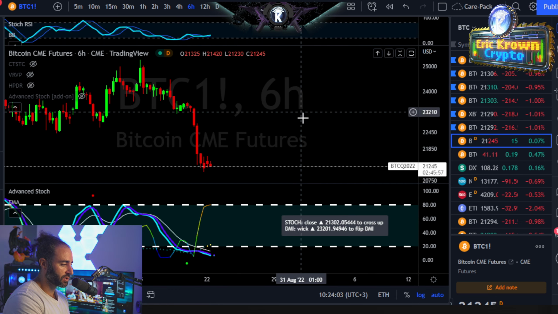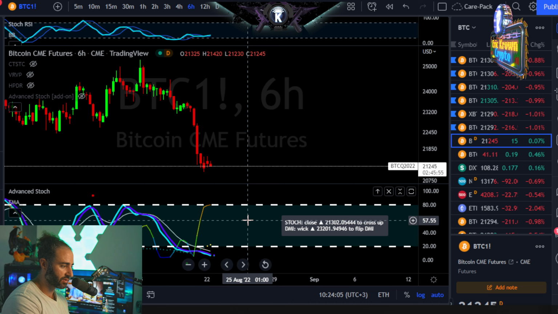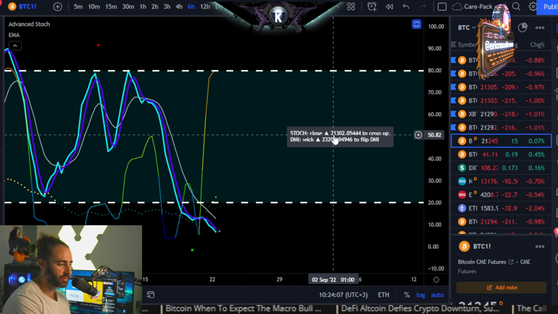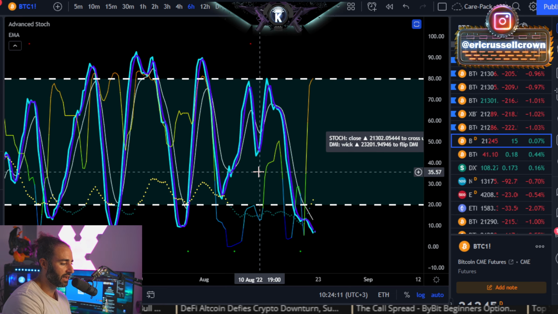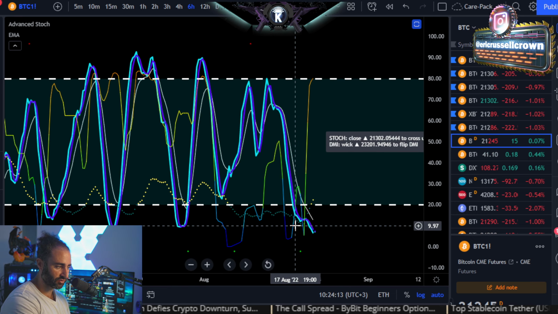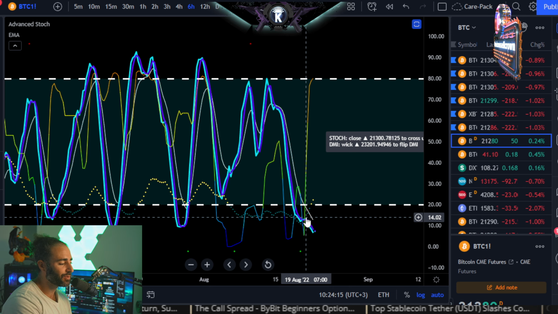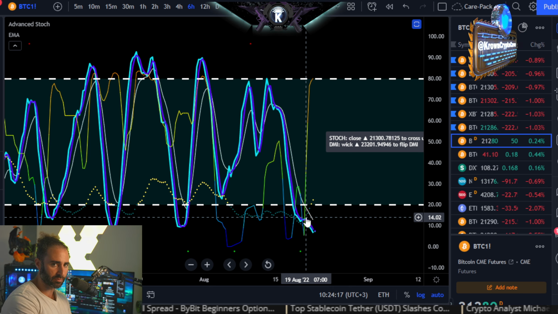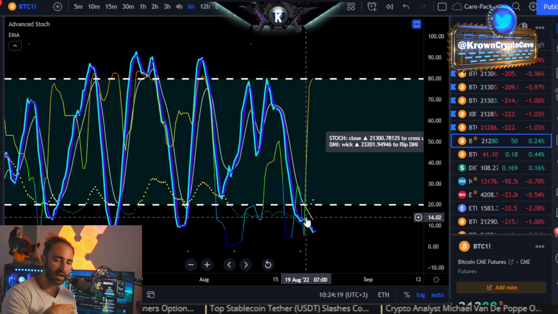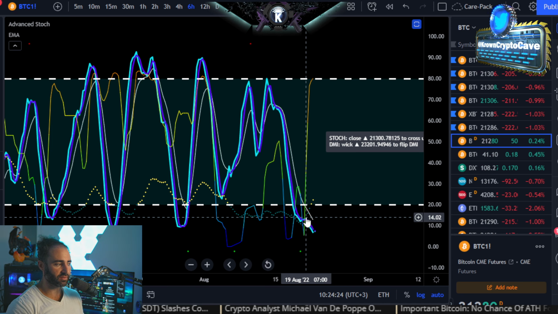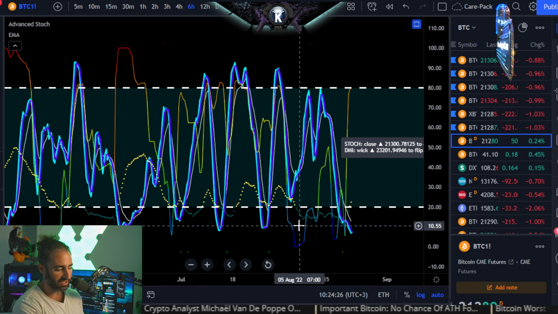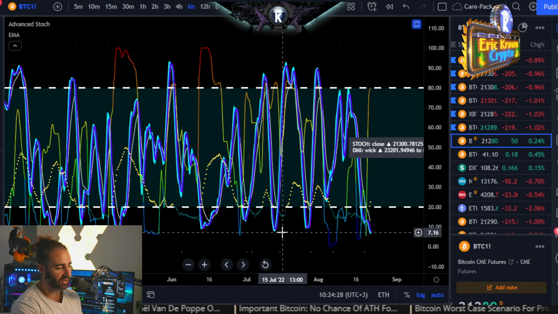Let's go check out the lower term timeframes here. So this is the 6 hour. 6 hour stochastic momentum will actually be turning up if Bitcoin can basically close above 21,300. I would make a note that it's at extreme levels right here, so it really wouldn't take too much to get Bitcoin on a short-term bounce. Now we're really juxtaposing the higher term timeframes like the daily, 2-day, 5-day, and weekly versus the very low term timeframes like 6 hour and under. And again, it wouldn't take too much to bounce from these regions.